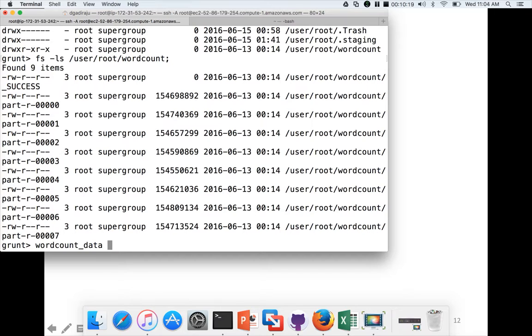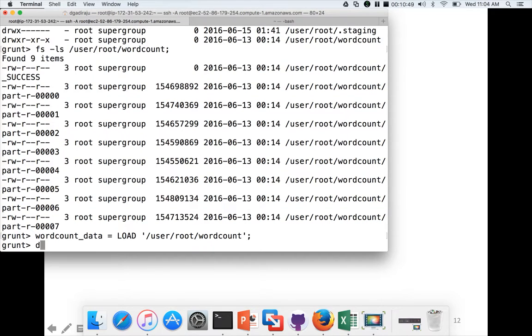In this case I am giving it as word_count_data equal to, there is a load command which can load the files, and this is called a bag. The data in the files will be loaded into the bag at runtime when we actually perform some actions such as dump and store. Until then it will just build the flow. Okay, load /user/root/wordcount.